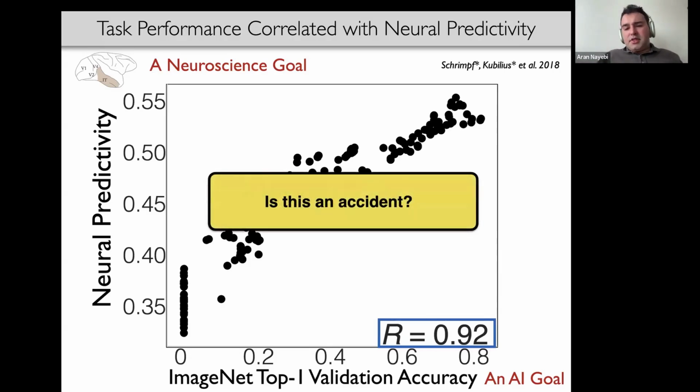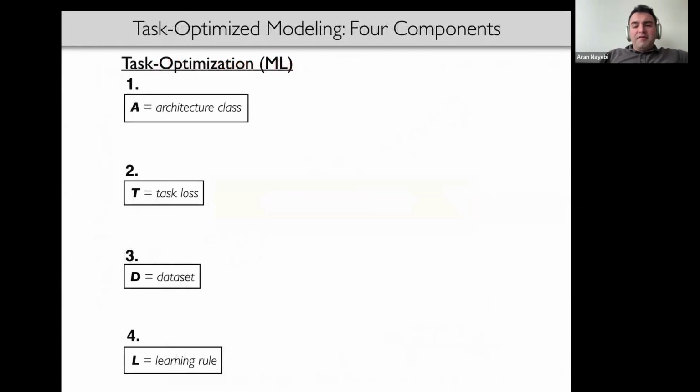Now, we can ask ourselves this question. Did we get lucky in vision that there's this correspondence? At the end of the day, CNNs are biologically inspired. Or is there a deeper principle at play that we can apply to other domains as well? And in fact, what I'll show you is that this is a broader theory, as we might call it, in the sense of task-optimized modeling, which is that the four things that we do when